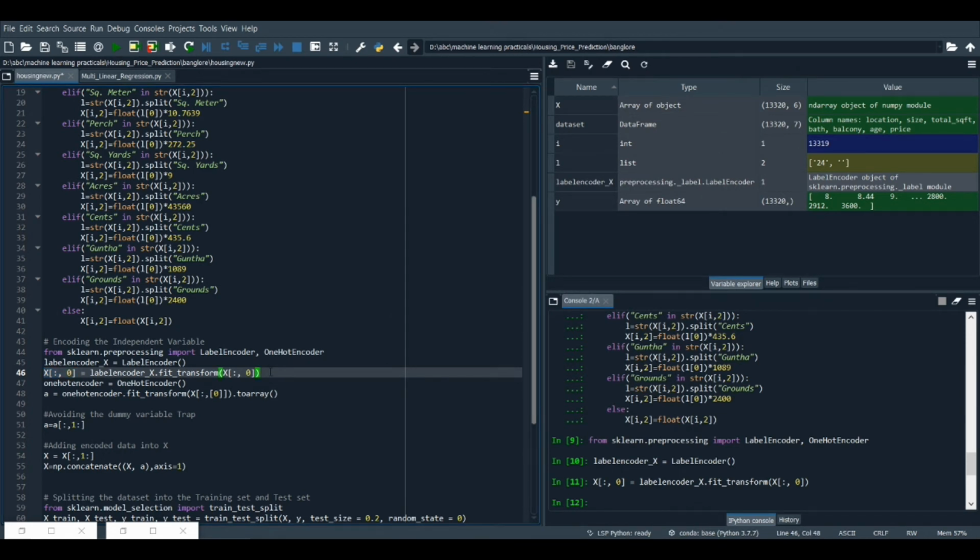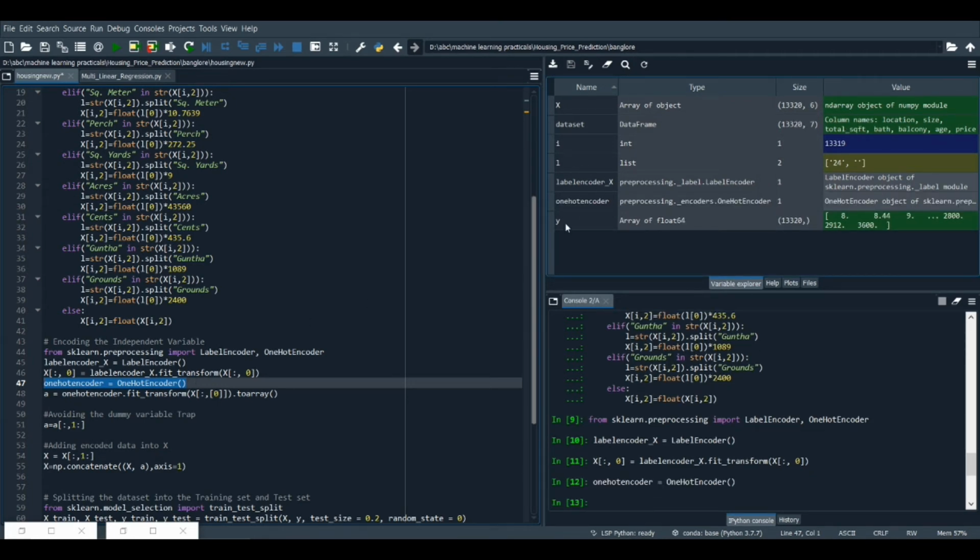Now we need to one hot encode them into specific columns, in which we assign 0 for false and 1 for that specific location as true. So we are going to create an object of one hot encoder using its class. One hot encoder is equal to OneHotEncoder and parenthesis. After executing this line of code, we got an object of one hot encoder.